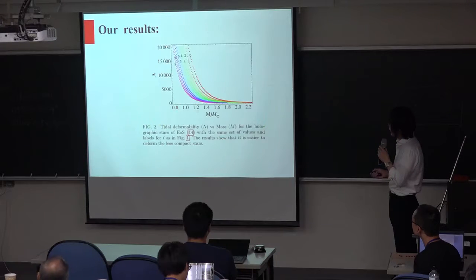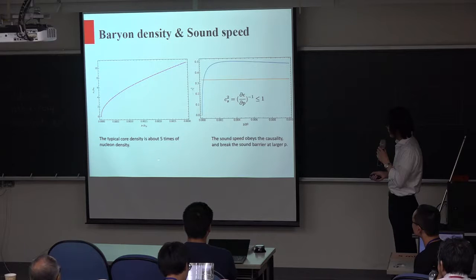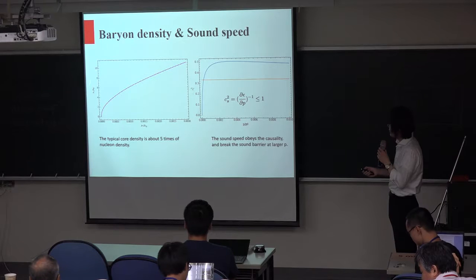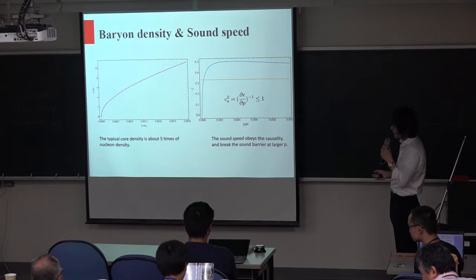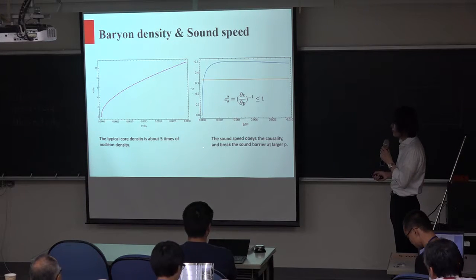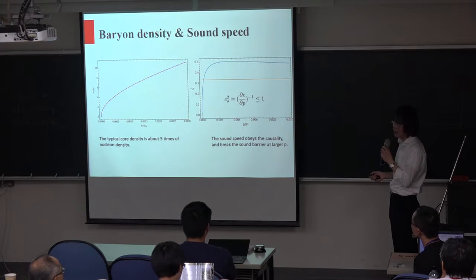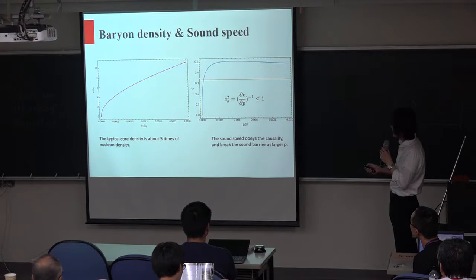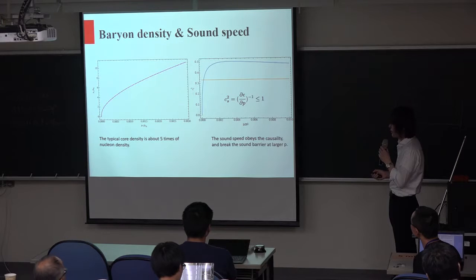And also, one thing we need to comment on is that the quark matter state is about five times the nucleated state, which is a good thing according to the literature. The other thing is that we are using this SS model, which is the G4D experience model. Before our study, there were other studies using the E3B7 model, but in that case we could not break this sound barrier. In our case, you see, except for the beginning area, it's very easy for us to break the barrier, with causality.